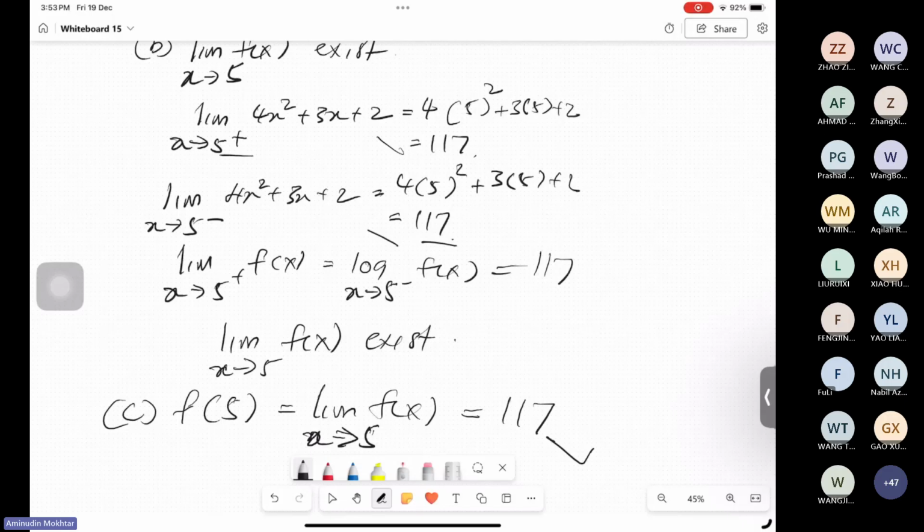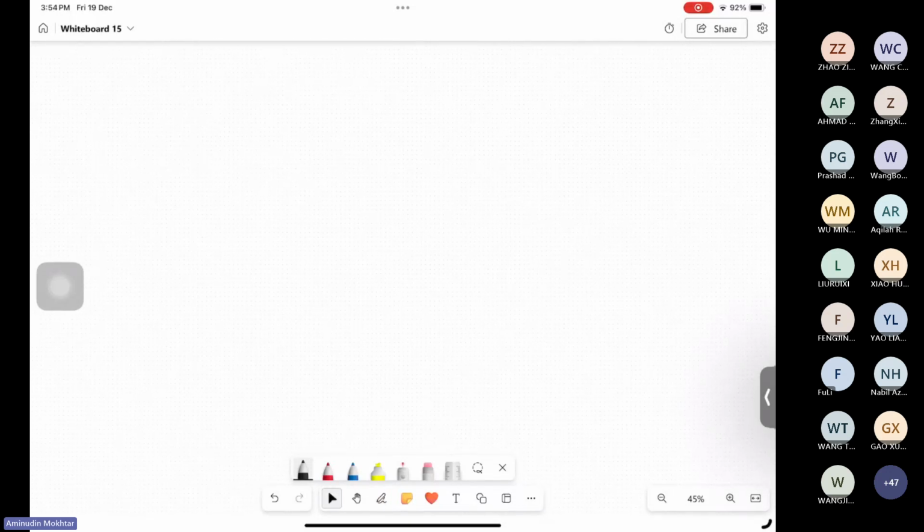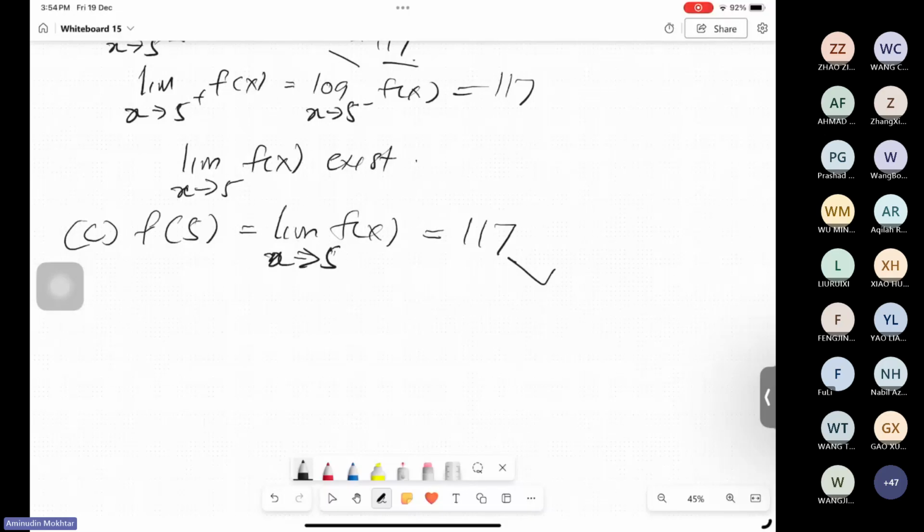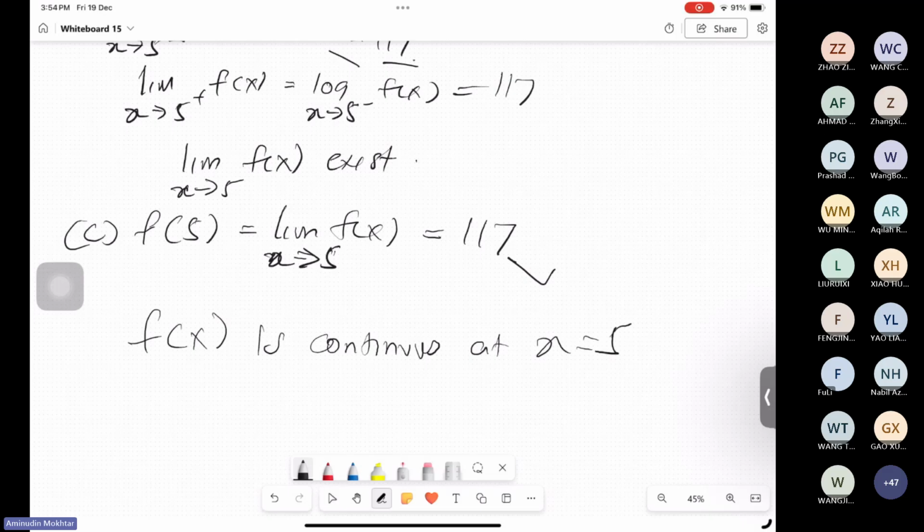So we can conclude that since f(x) is defined, the limit exists, and the value of y is equal to the limit when x equals 5, the function is continuous at point x equals 5. f(x) is continuous at x equals 5. If you refer to my notes,